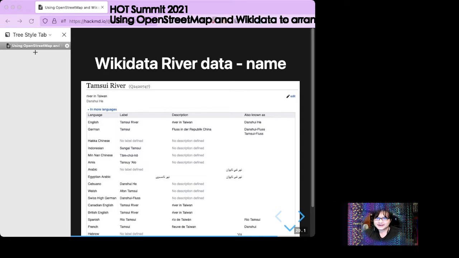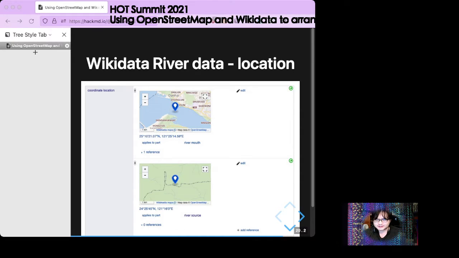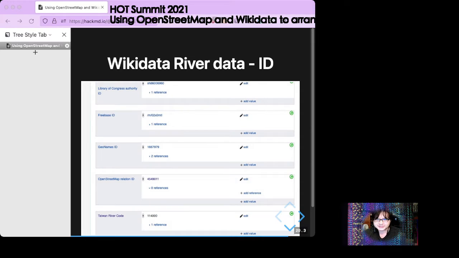And Wikidata has the ability to record multilingual names of rivers and keep a record of the location, the river mouth, the origin. And Wikidata can cross-link to external databases like OpenStreetMap, Region ID, and Taiwan River Code.